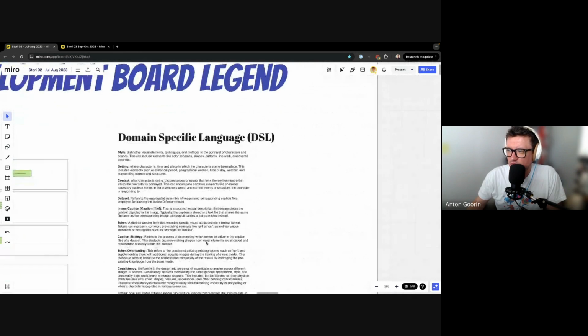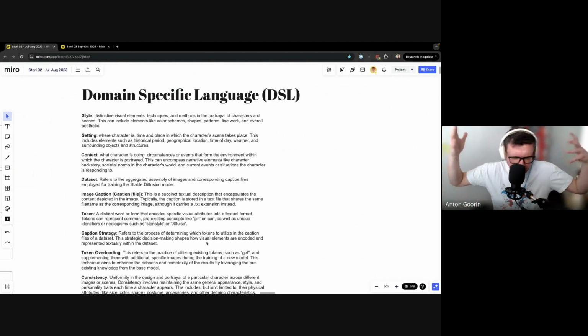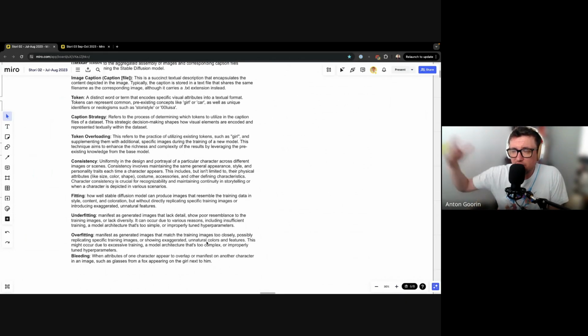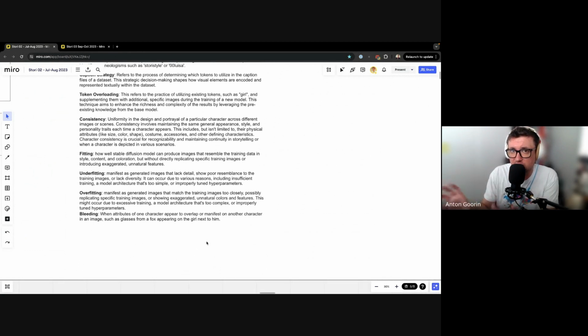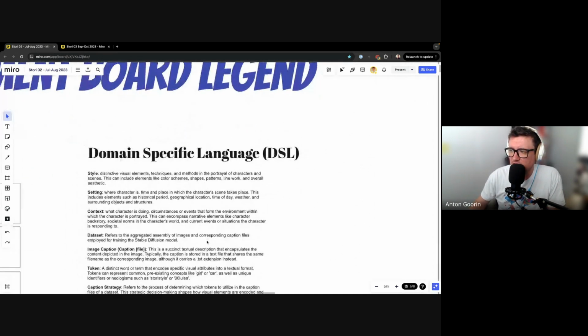Another thing that I've set up is the DSL dictionary. One of the things we were getting a lot from other team members is that we sound cryptic, because we always talk about these models and fitting and overfitting and bleeding, and they'd ask, what are you talking about? Because they weren't in the everyday environment of those trainings. So I set up this DSL, and I said, you know what, fair enough. Not only for the other team members, but also for us, because when we were measuring the model for something, we actually needed a clear understanding of what we're measuring. So when we're measuring bleeding, when the characters mix, right? We need to understand what bleeding or fitting or underfitting is. That was really important for us, and that's why I created this